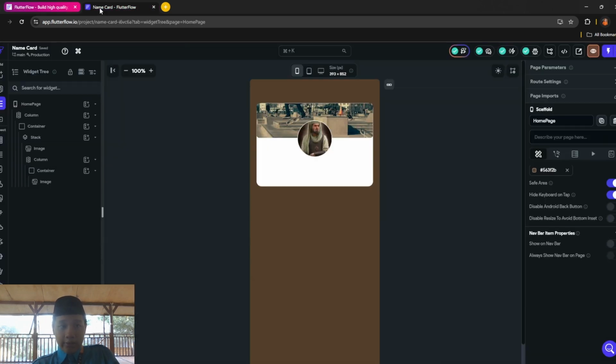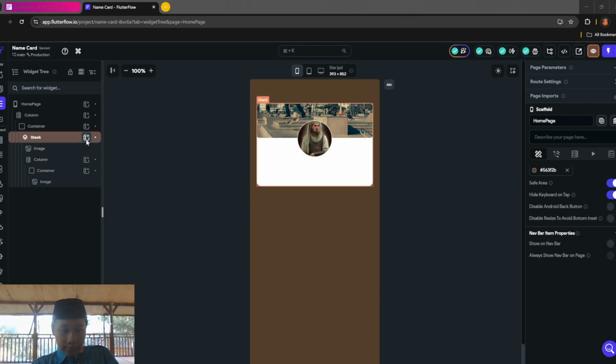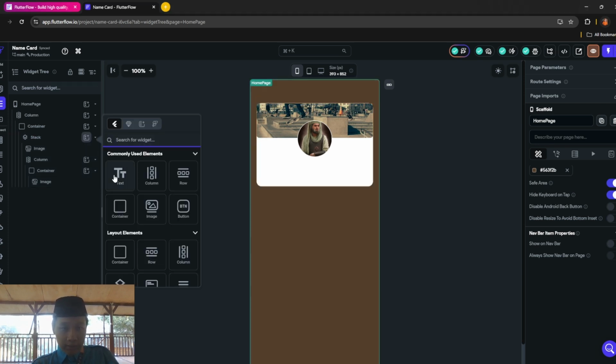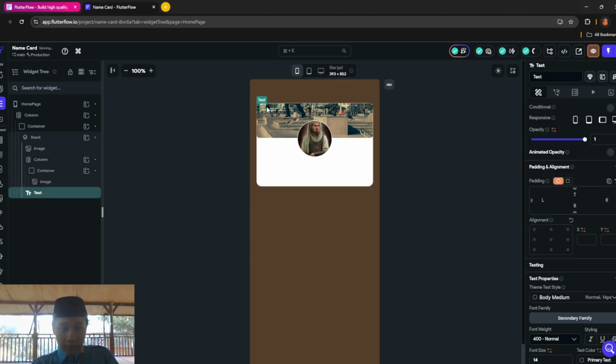Then after that, you want to add a text at this container. My bad, this tag I mean. So you want to click stack and add text. Then you drag the text over here.